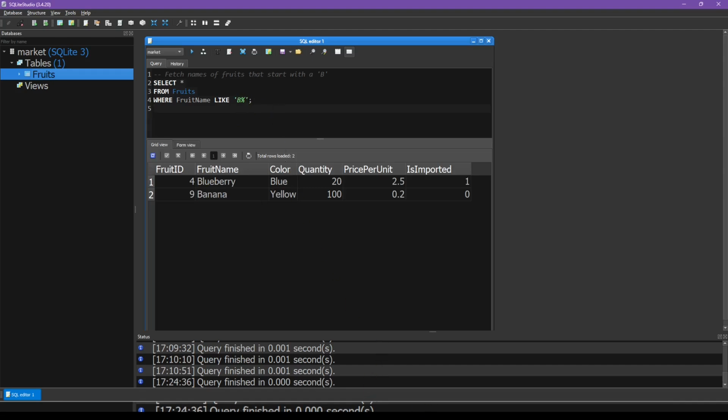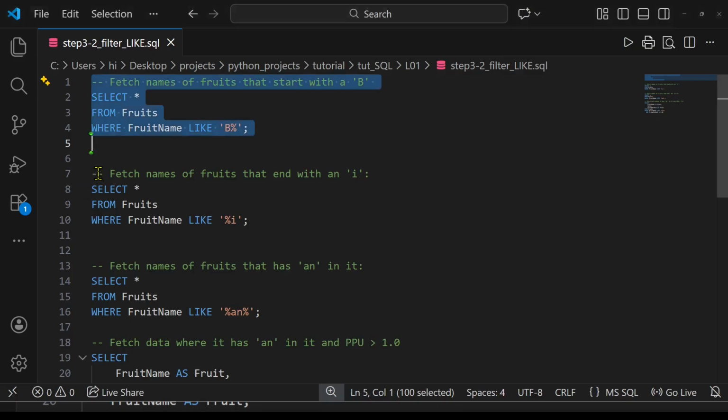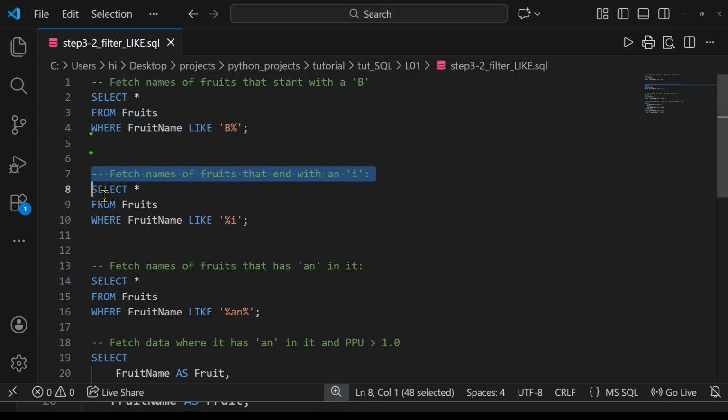Okay, now let's say you have to fetch names of the fruits that end with an I, small i in this case. So select everything from fruits where fruit name like, in this case, I'm going to say like '%i'. So percent is a wildcard character, and in this case I'm saying that it has an i at the end right here. Okay, so come over here, Control A, Control C,